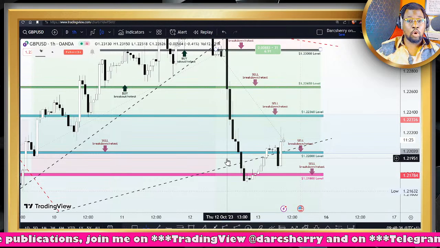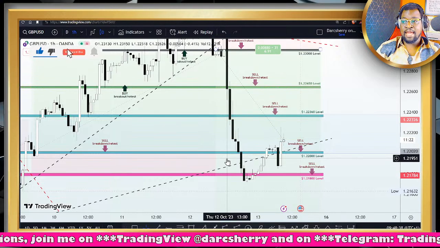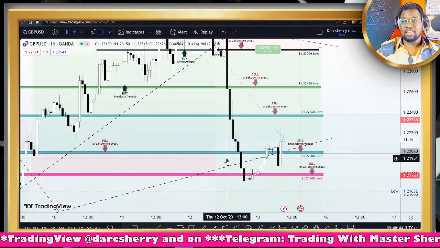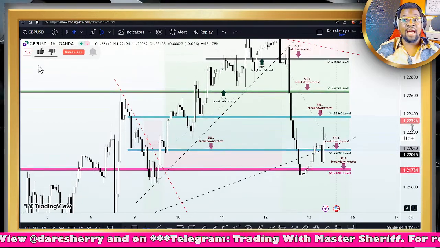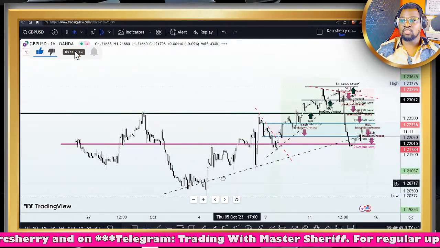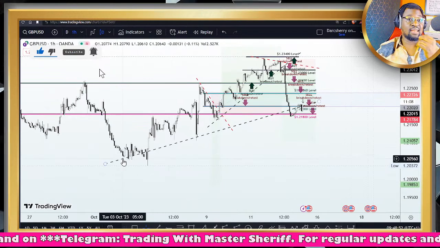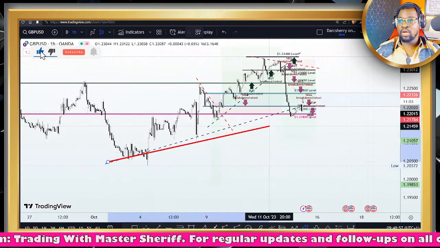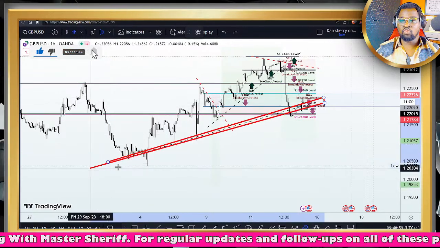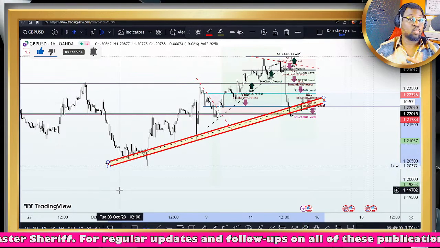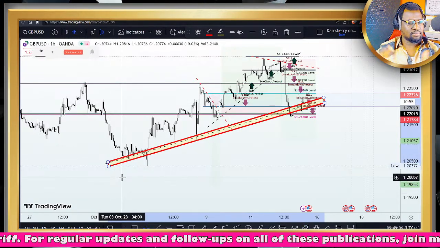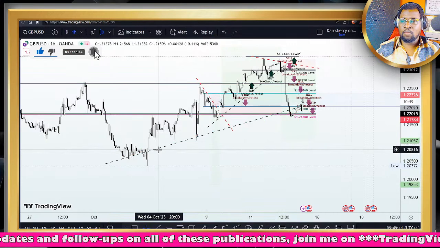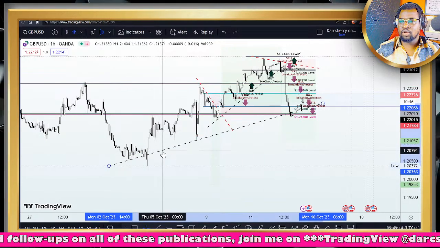Now, if you look at this current structure closely, for those who are with me on the GBPUSD on Monday morning, we talked about the holistic perspective in this market, where we saw an ascending trend line which has been supporting this bullish momentum since last week Tuesday. In fact, since the beginning of this month, you will see here that we connected the series of higher lows, giving us this ascending trend line to work with in the last 10 days now, I think, in the last 7-8 days right now. And if we zoom into, let me readjust this so that you can capture all the pivot lows.